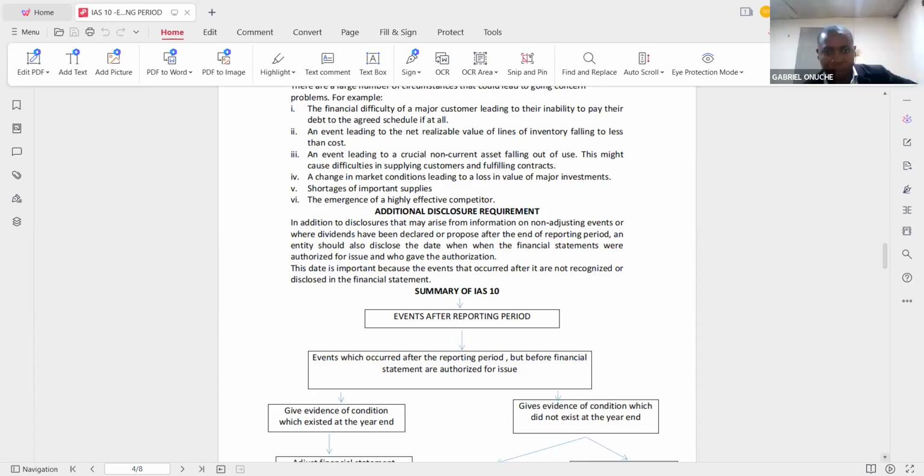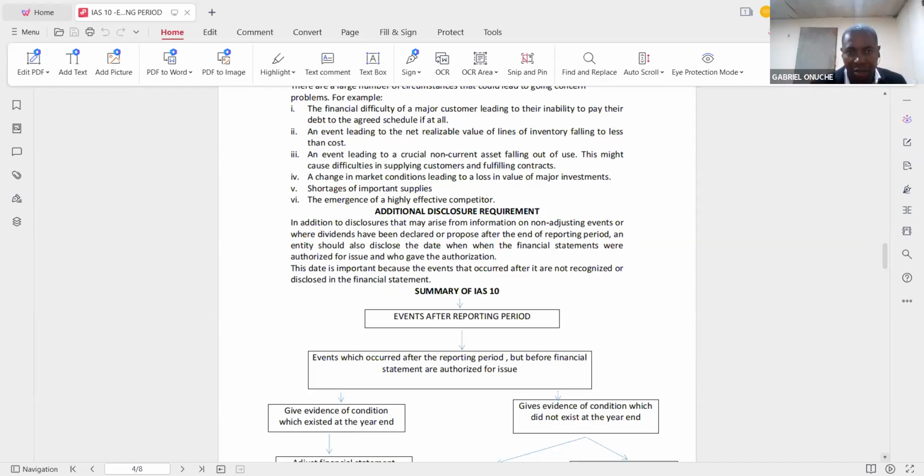The additional disclosure here, as I said from the onset, is: when was the financial statement authorized for issue? There is need for disclosure. And two, who gave the authorization? There is need for disclosure. So which means where